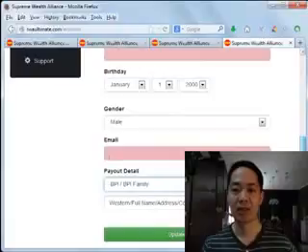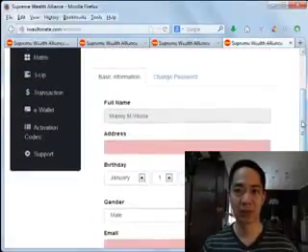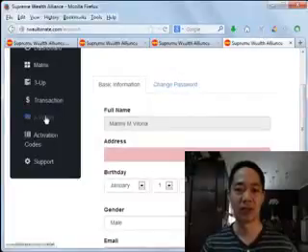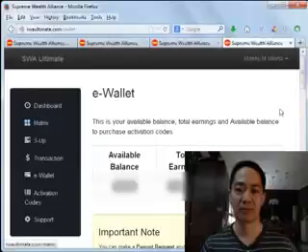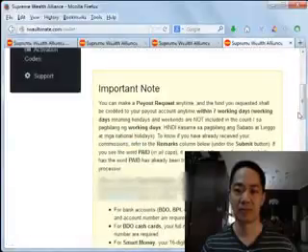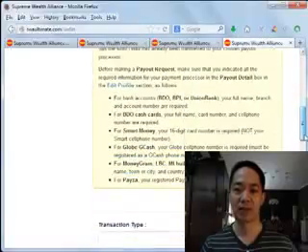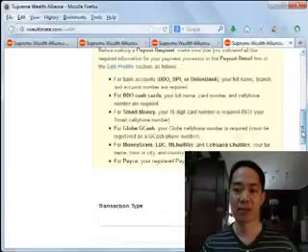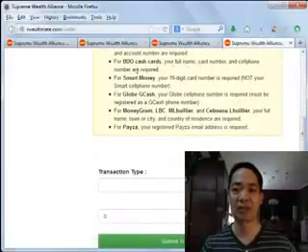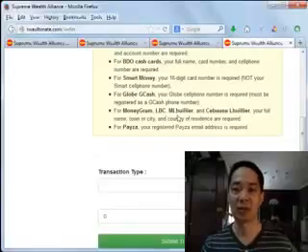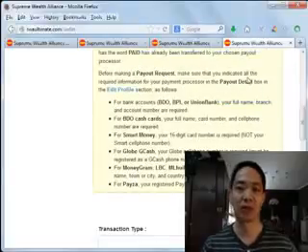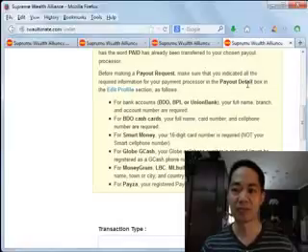Okay, and if you're curious as to what the other possibilities are as far as the account details are concerned, when you click on e-wallet here, you can read the important note, and the details are here. For bank accounts, do this. For cash cards, enter this: Smart Money, Globe GCash, MoneyGram, and so on. The details here, like your 16-digit card number, that's what you will input in your account details area.